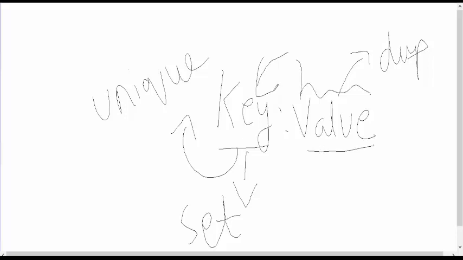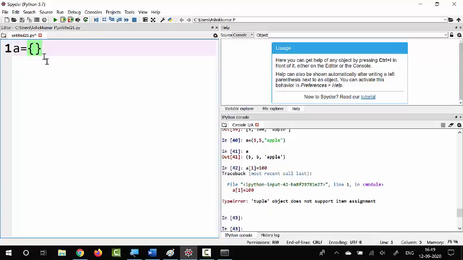Okay, so now I will show you how to create keys and how to assign some values to each key. So first create a dictionary like this. Okay, and what you do, you create some keys. Now I am going to create 5 keys, and for each key I am going to give some value.